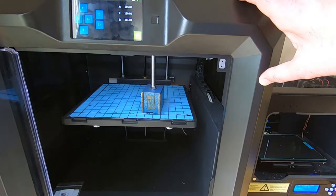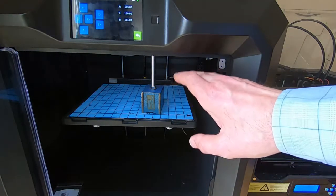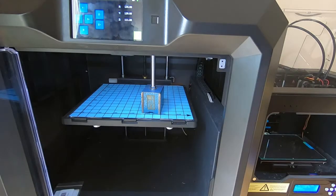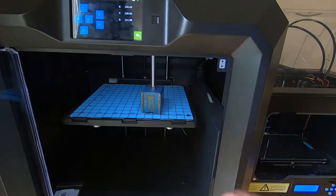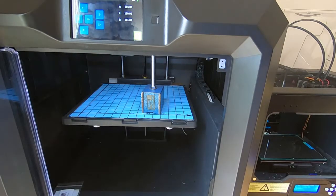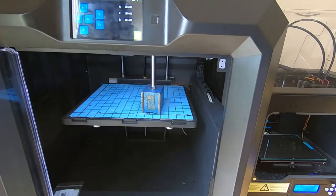Now, it goes through all the motions, it goes up and down, side to side, does some weird things now and again, but there are two fundamental problems with it. If you are familiar with 3D printing, you'll know that one of the critical things is the distance between the print head and the platform you're building on. The layers of plastic that you're trying to lay down on the bed could be as thin as 0.1 millimeters or less, which means that the positional accuracy of this bed relative to the print head has to be very